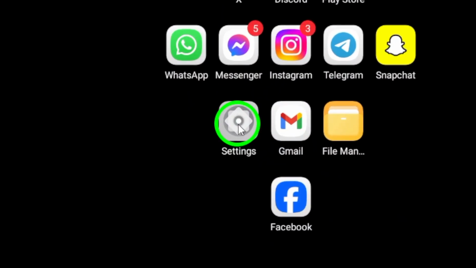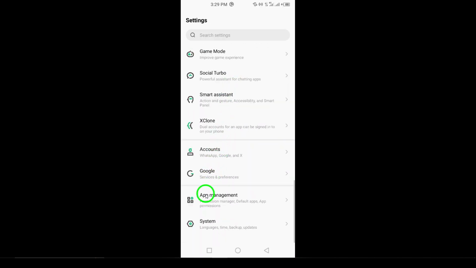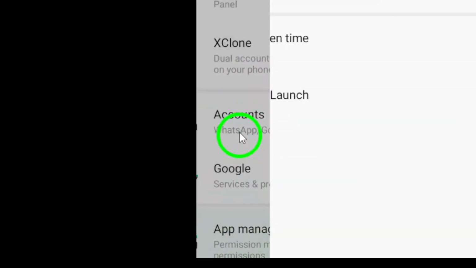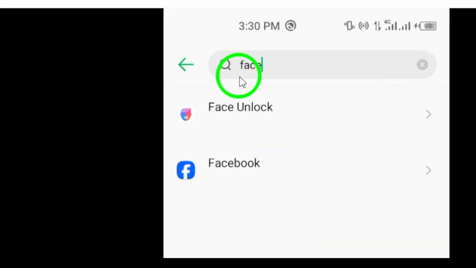Step 1. First, open your phone's settings. This is where you can manage various functions of your device. Step 2. Next, tap on Apps or Applications. Keep in mind that the name might vary slightly depending on your device model, but you'll get to the right